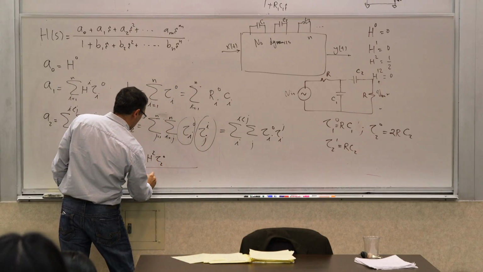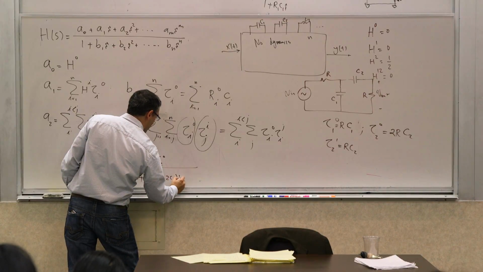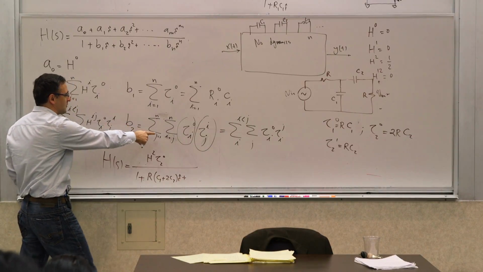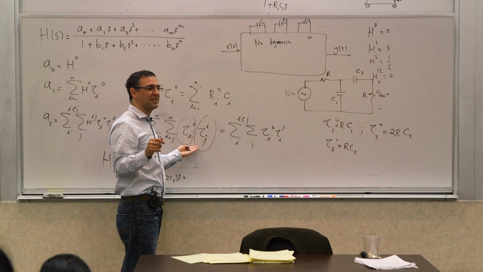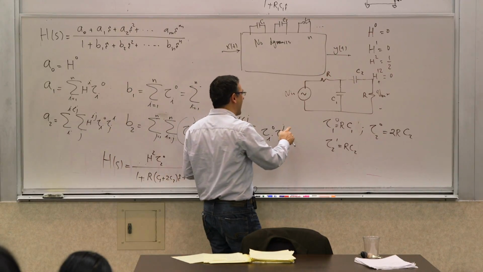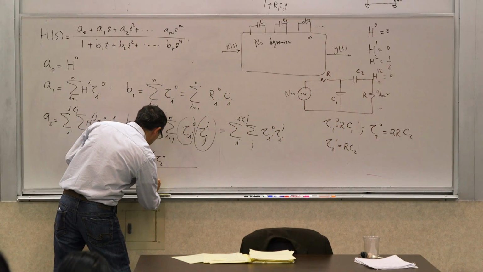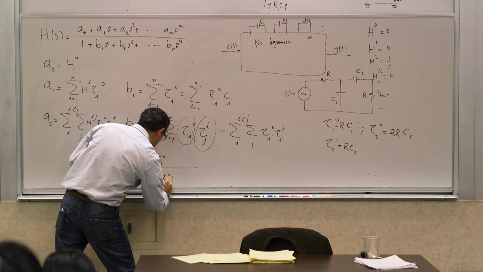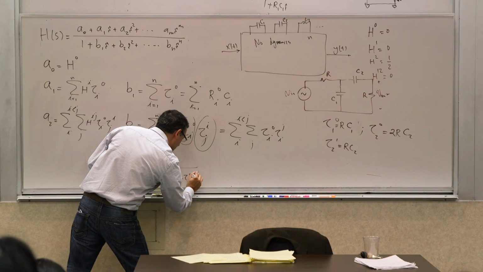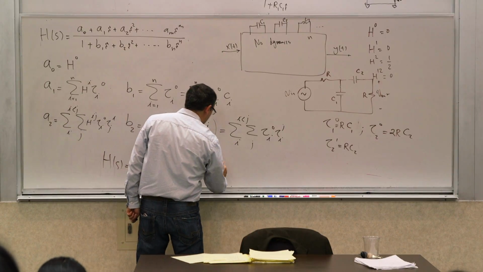So it becomes R times C1 plus 2C2S plus... Now the next term is this one. No, this one. This looks complicated, but it's only one term, right? It's the product of tau 10, tau 21. Let me write it in that form, actually. So this becomes tau 10 plus tau 20 s plus tau 10 tau 21 s squared. And if you plug these values in, you will get 1/2